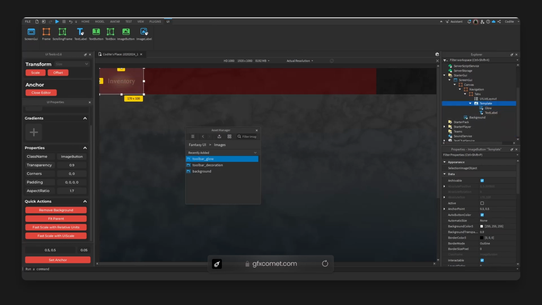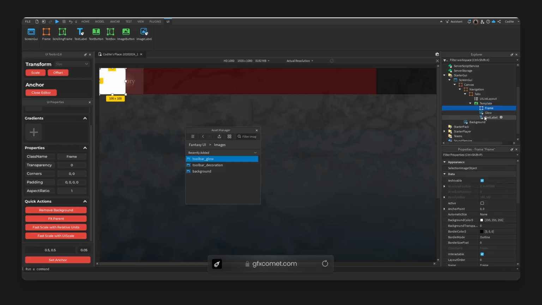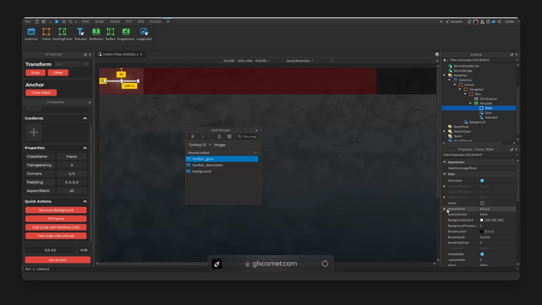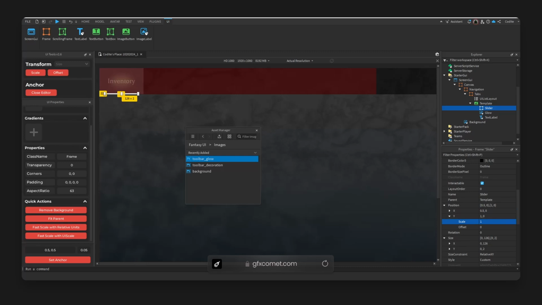And now to make our decorative thingy, 126 by 2 pixels. I'm going to go slider, 126 by 2 pixels. Anchor, change the anchor point from 0.5 to 0.51. Let's go all the way. And this will go at the bottom, so position Y 1. We are going to grab